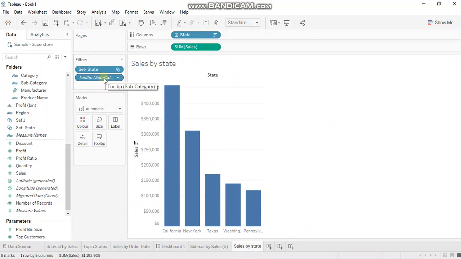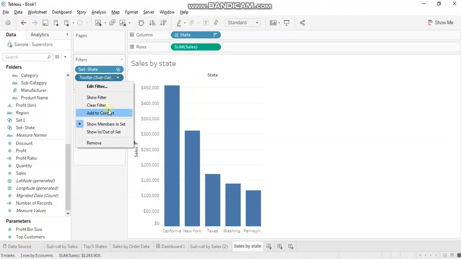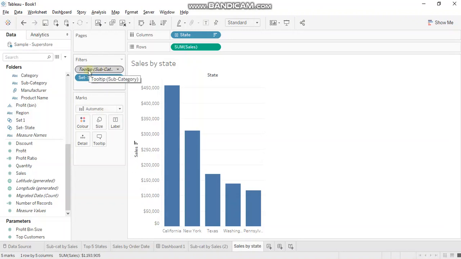So in this case, we'll have to ensure that this tooltip filter gets applied first, and then the filters of the target sheet should follow. So for that we'll have to add this to context so that this gets applied first and then this.